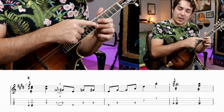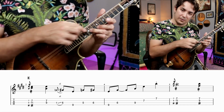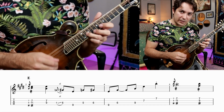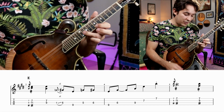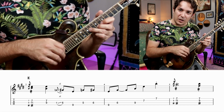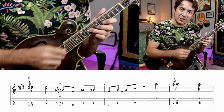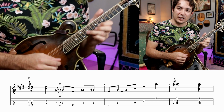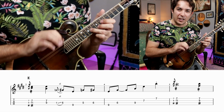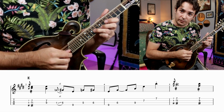But because I chose to use that finger to do that note, sliding into this, we're starting with this shape, the 7th fret and the 9th fret. But I want to end up with index finger and ring finger. So in the process of sliding, I'm bringing my index finger in behind the middle finger and lifting it up. So when it's up to speed like that, you don't really hear that change. If I tried to slow that way down, we would get...